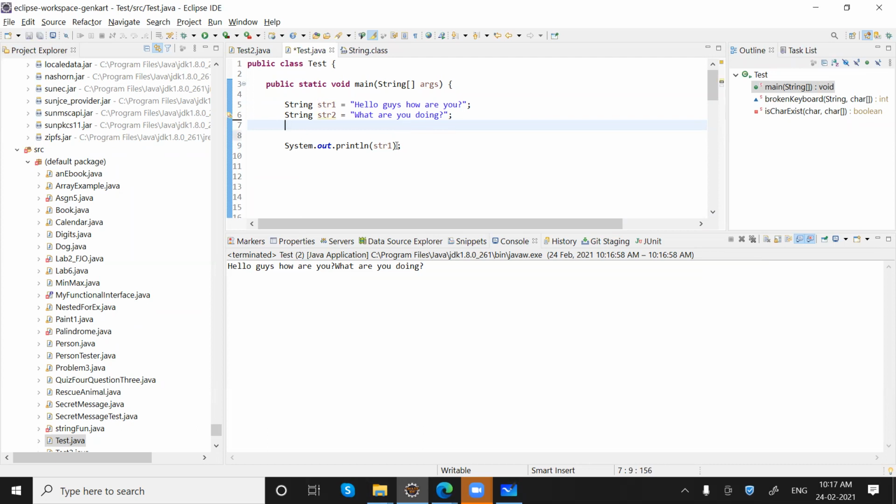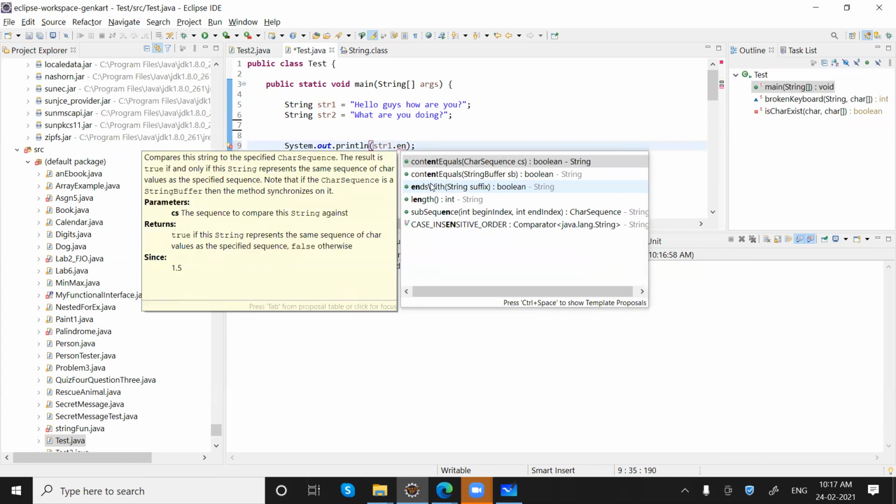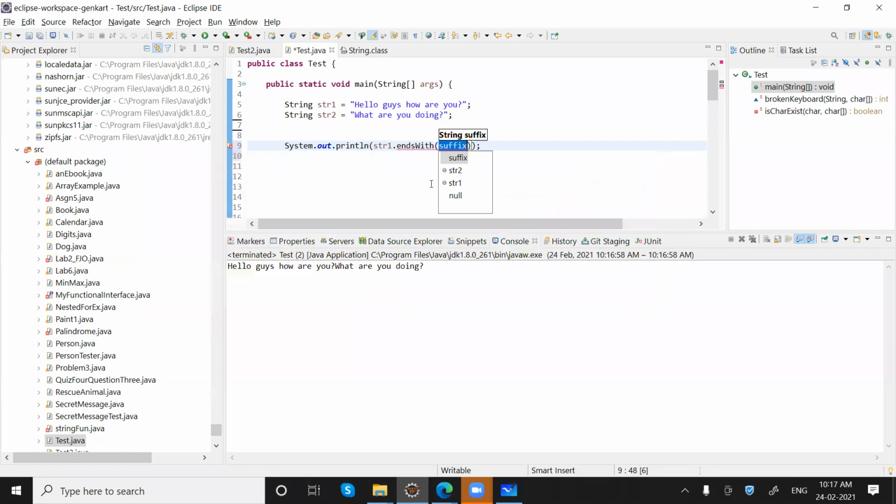Yes. Okay. Now we have str1.endsWith. For example, I want to check if a particular string ends with a particular pattern. Let me say "doing".